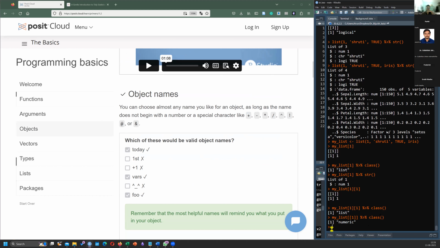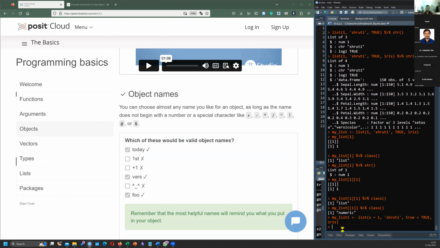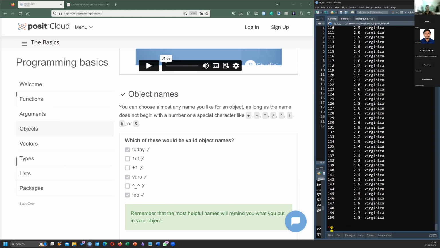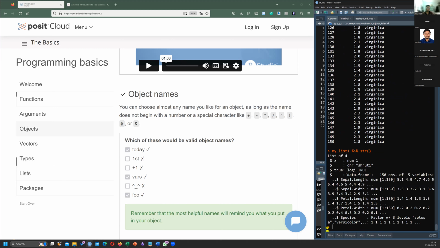So now let us do one thing. This is the my list that I've created. I'll create one more, my list one. And this time I'll say x equals to... Now what is my list one? So it says it's a named list.